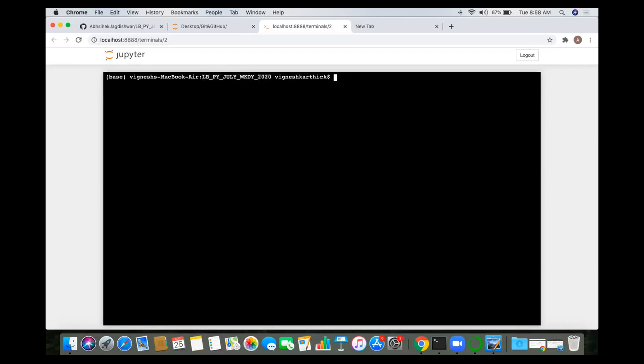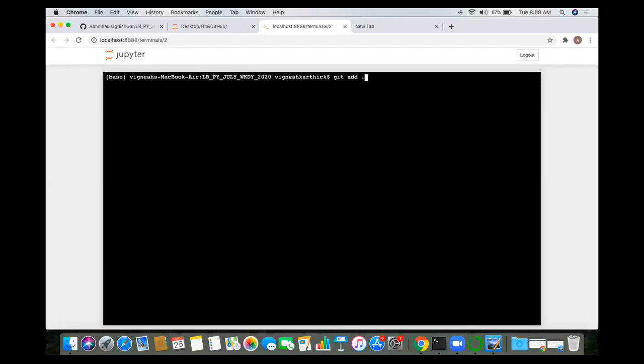So I have checked the status. There is one untracked file. I need to move that untracked file to the tracked status, that is the staging area. To move to the staging area, you need to do git add dot. Space dot. Clear?